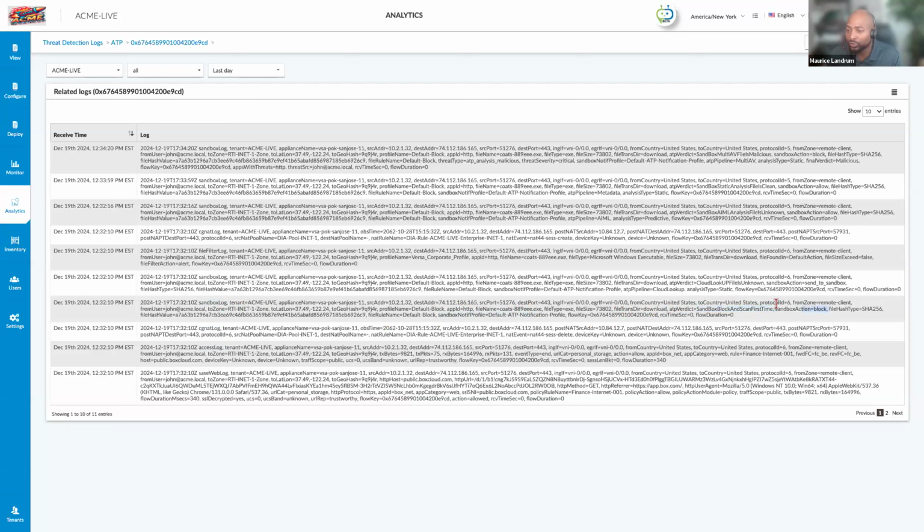And then we move a little bit more. This is your pipelines. So we see that we did a cloud lookup. The analysis was static, and we set that as an allow because we didn't catch it on the static analysis. And then we move over to even the file filtering.